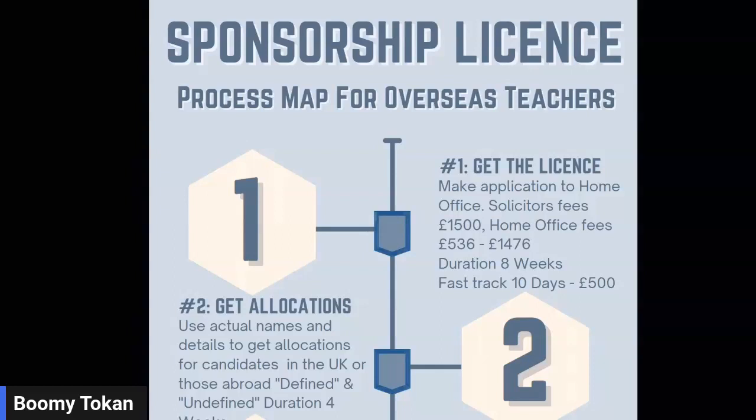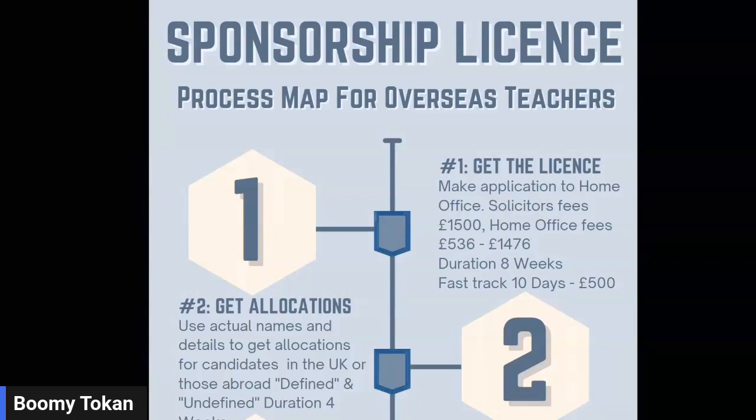You need to make an application to the Home Office requiring them to grant you a sponsorship license. And that sponsorship license will cost £536, that's the Home Office cost, not the solicitor's cost. Solicitor's cost is around £1,500. Well, I've seen costs ranging from £1,500 to £2,500, but our solicitor will charge £1,500. All right, so solicitor's fees £1,500, then the Home Office fees for the single sponsorship license is either